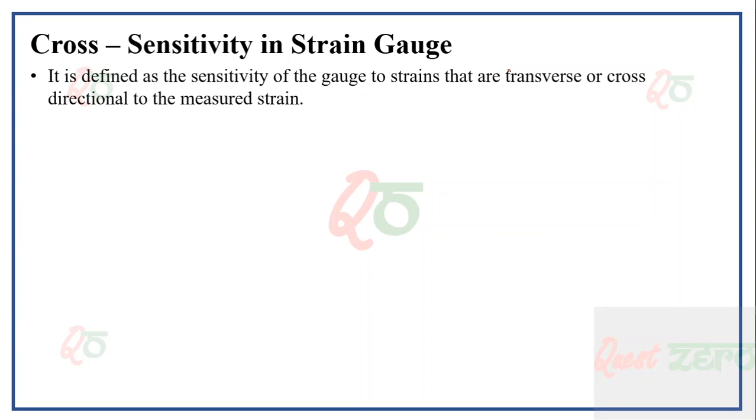By this, as we have seen in the resistance formula, if you recall, the resistance is directly proportional to the length but inversely proportional to the area. So any small change will result in a higher value of the resistance. Hence this change should be as minimal as possible. It should take only the strain or the deformation along the length as the major factor, and this transverse directional strain should be very minimal.